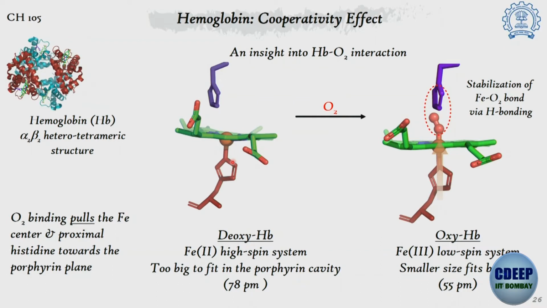One is directly bound to this iron, and this is called the proximal histidine because it is close to the iron. The other one is hanging way beyond the iron, not directly connected to it, and it is known as the distal histidine. Once the oxygen comes and binds, this distal histidine stays very close to the oxygen and forms some hydrogen bonding, and this hydrogen bonding stabilizes the oxygen during the binding to the iron.